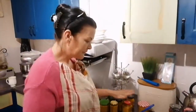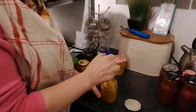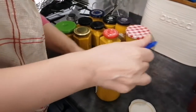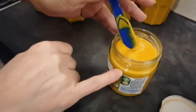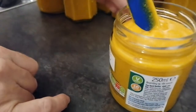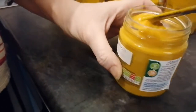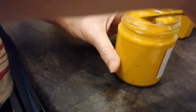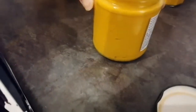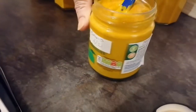So we're at the stage now where I've filled all the jars, but the next thing you do is you take a knife, a lolly ice stick, a stick of any kind, and you debubble. So I don't know if the camera's actually picking up, there's a little bubble in the jar, so you have to debubble all those, otherwise they could actually capture bacteria into your food because there's air trapped. So basically you go down and you go around the whole of the jar looking for any little air bubbles,